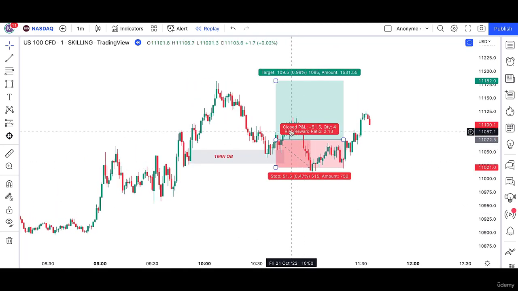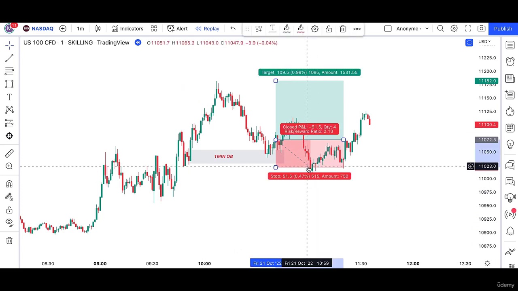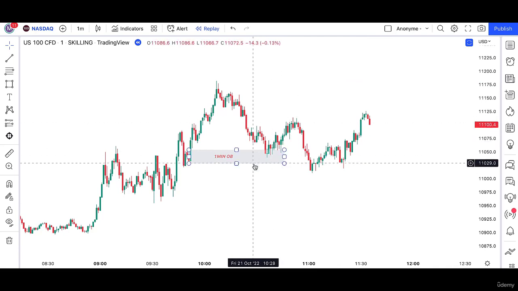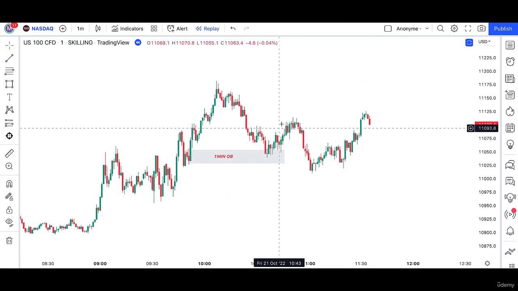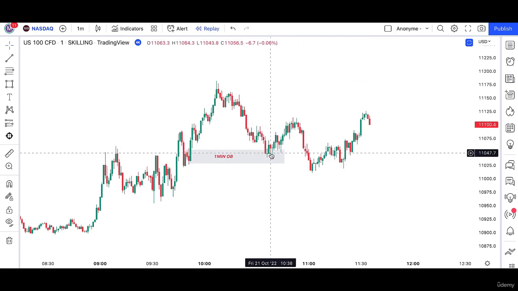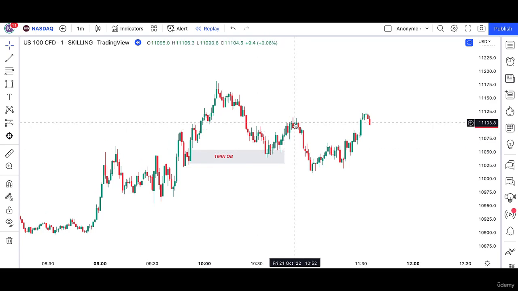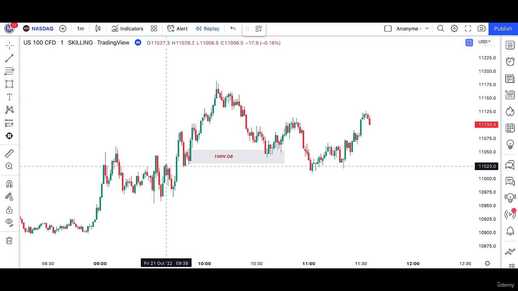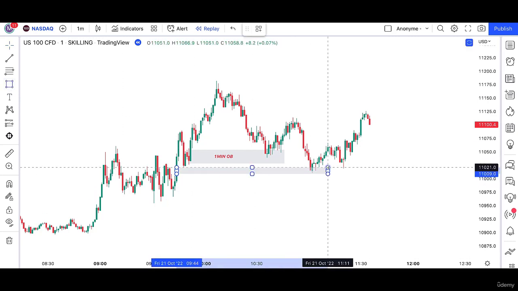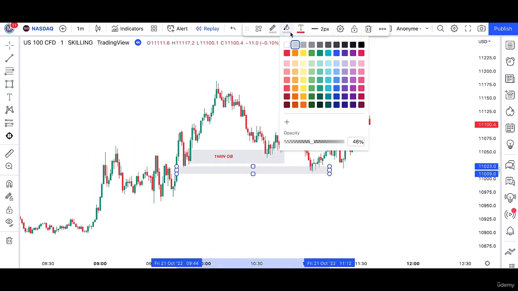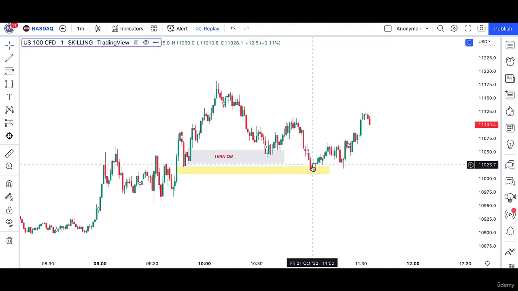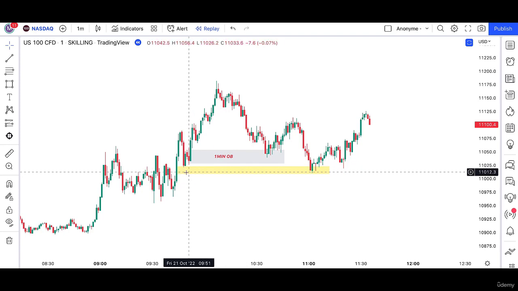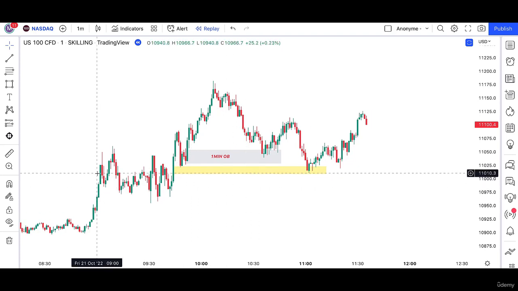As you can see here, price traded lower. Price made this bullish move at the level of this bullish order block just to induce traders so that they'll take a long position here. After that, it will trade lower to take their stop loss. As you can see here, there is a fair value gap that hasn't been filled yet. So the price, after creating the inducement, traded lower to fill this fair value gap.